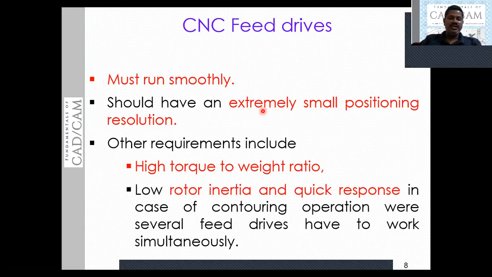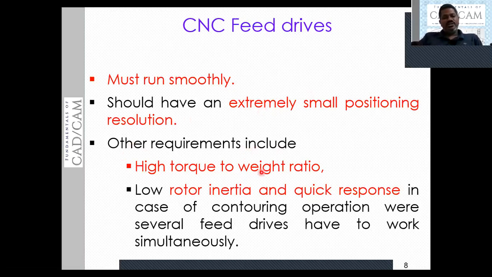Encoders sense the exact location of the spindle or the movement of the table, and based on that, the controlling takes place. So the feed drive must have a sensor provision to read the position of the table.